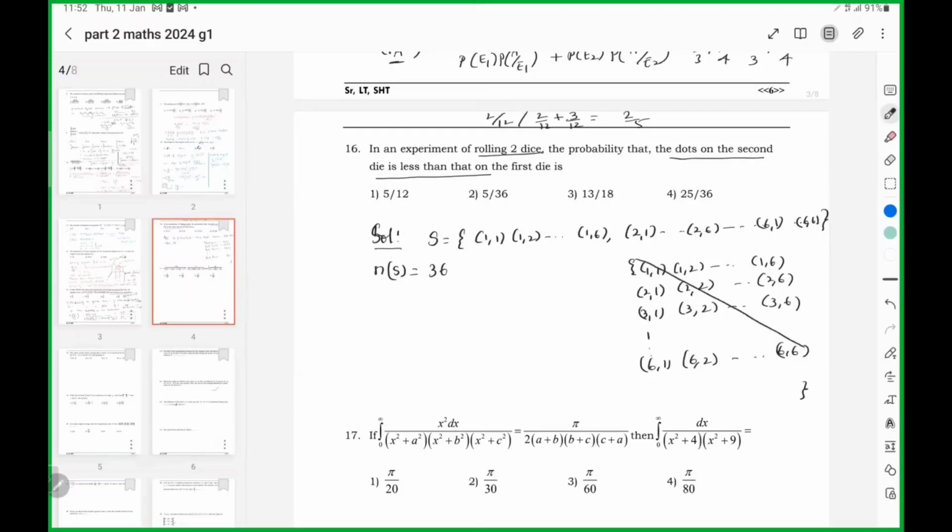So diagonally equal. So below the diagonal, number of dots on the second die is less than number of dots on the first die. Above the diagonal, number of dots on second will be more than on first. Total 36, diagonally equal if you remove, 30. So there are 15 possibilities